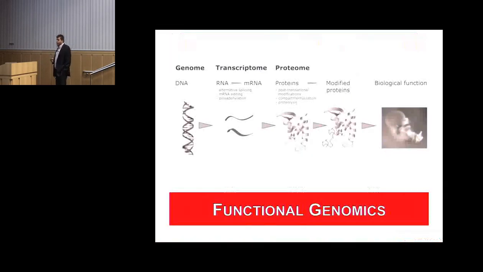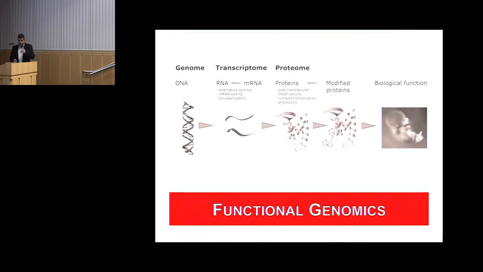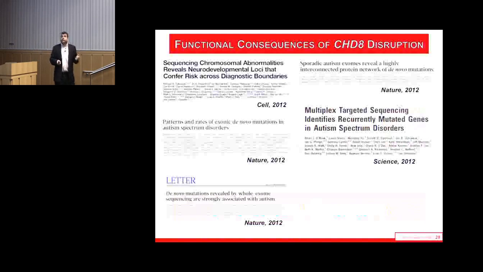What I wanted to do was talk a little bit about functional genomics now and some of the work we've been doing that I'm pretty excited about in terms of characterizing these variants. So I'll tell you the story about one gene, CHD8. This was one of those 33 genes that we found. It's actually interesting. It was a gene that was in a microdeletion syndrome. A couple of years before we found it by our translocation, there were a number of genes in this fairly rare microdeletion syndrome. CHD8 was one of them.